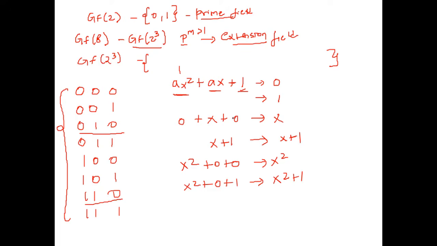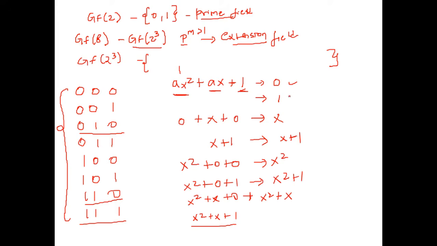Likewise 1 1 0, so this is 1, this is 1, this is 0. Since a is a 1, we'll say x^2 + x + 0, that is nothing but x^2 + x. Likewise 1 1 1, all the three terms exist, and we'll not worry about a's, we'll consider a to be a 1. So what will be the final term? That is x^2 + x + 1. That will be our final term. So we have 8 polynomials in our finite field GF(2^3). What are those polynomials?